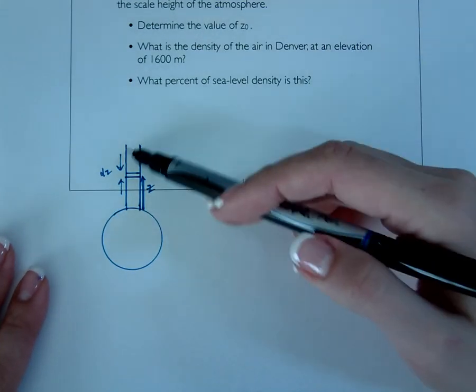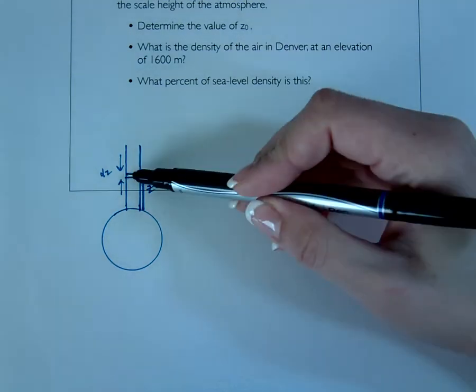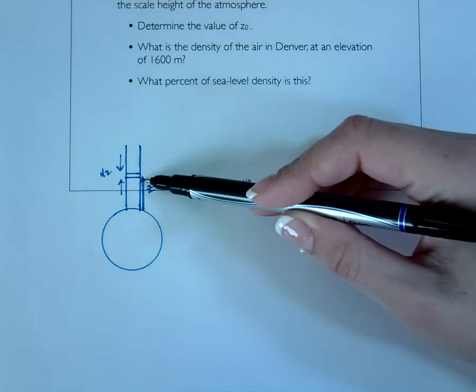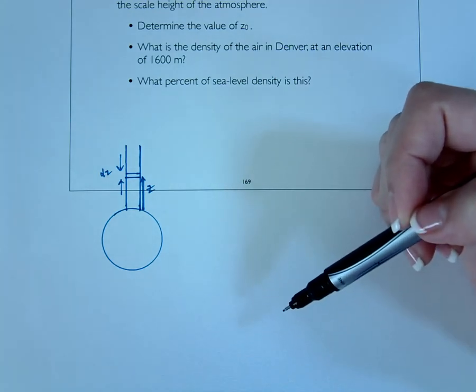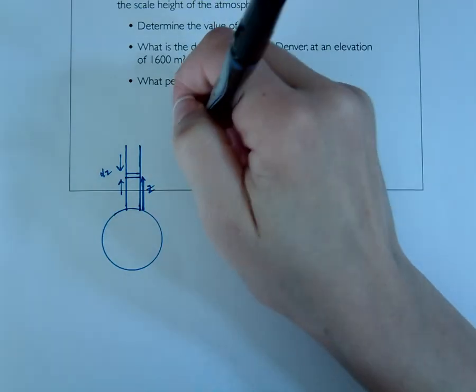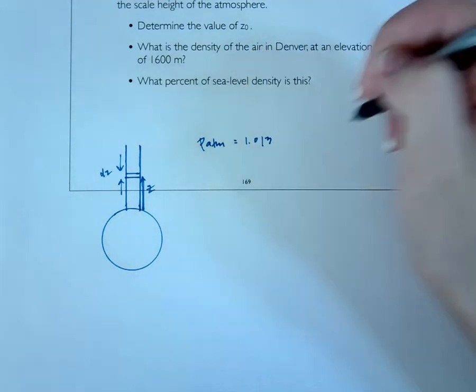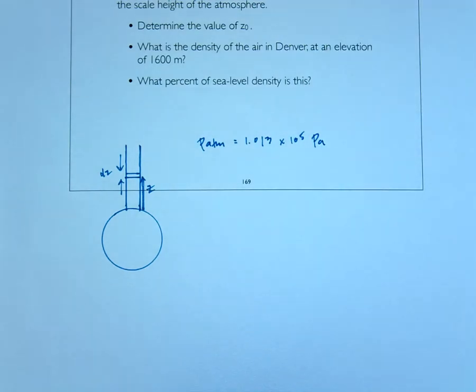So I'm going to take a column of air over the surface of the Earth, and in that column of air, I'm going to look at a little element dz at a height of z above sea level. So that's all I need in my picture. What other things do I know? I know that the atmospheric pressure is equal to 1.013 times 10 to the 5th pascals. That means that at sea level,